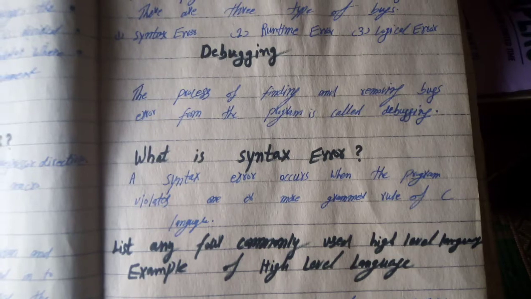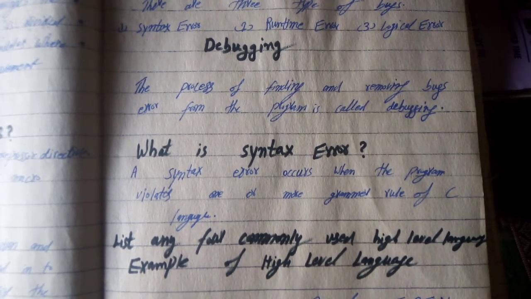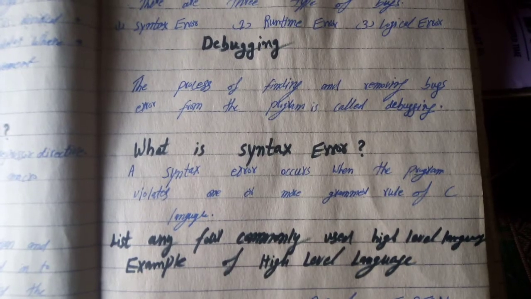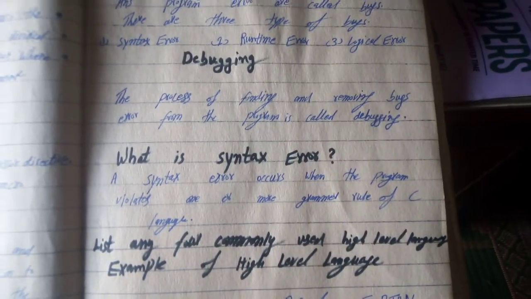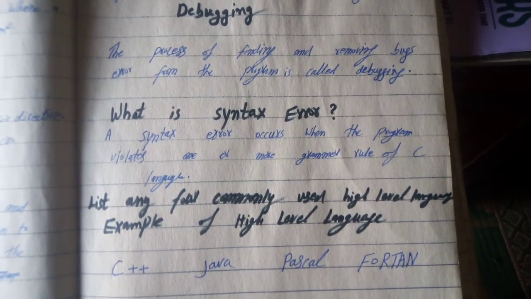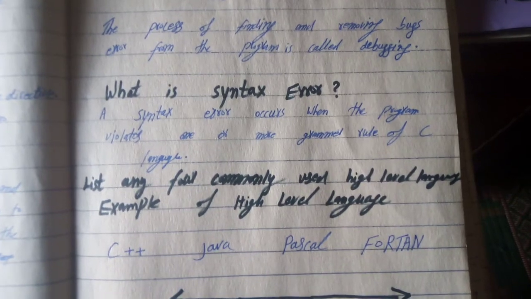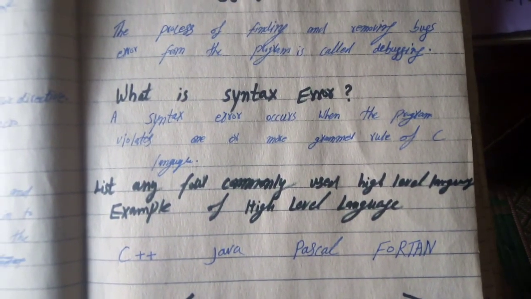What is syntax error? Syntax error क्या है? A syntax error occurs when the program violates one or more grammar rules of the C language. List any four commonly used high level languages. Examples of the high level languages. जो हाई लेवल लैंग्वेज के एग्जाम्पल है ना, C++, जावा, पास्कल, फोर्ट्रान।